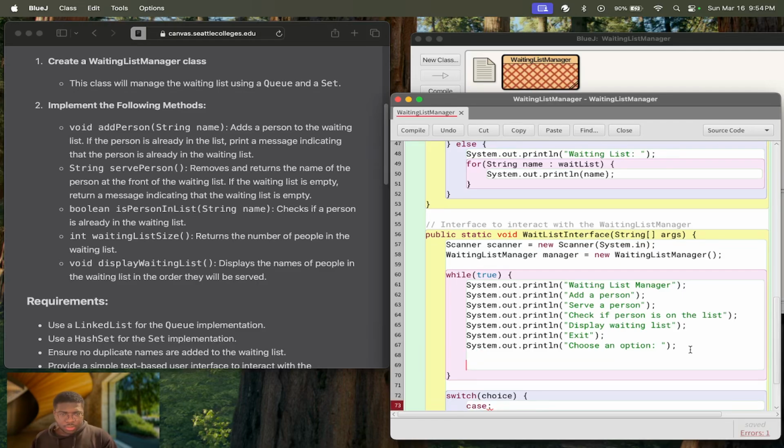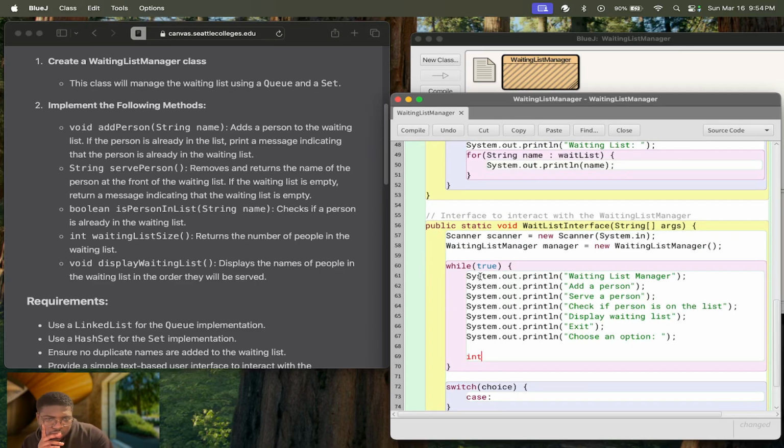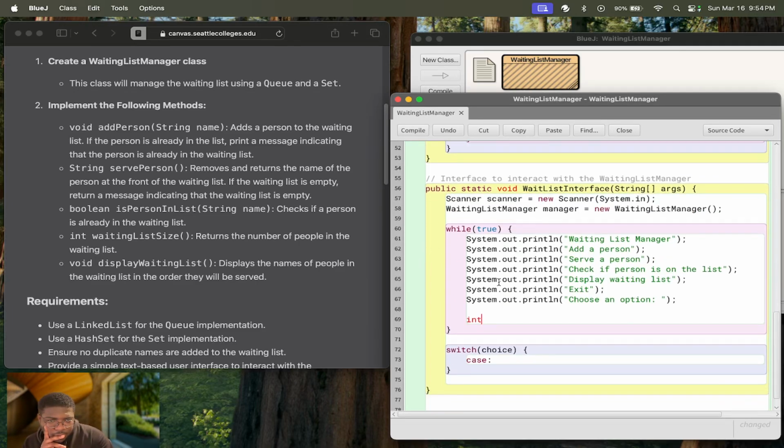Let's say this is an integer because we want to have these as numbers. We're gonna have numbers here, so we're gonna say choices, like the amount of choices, and we're gonna say scanner dot next integer, and then